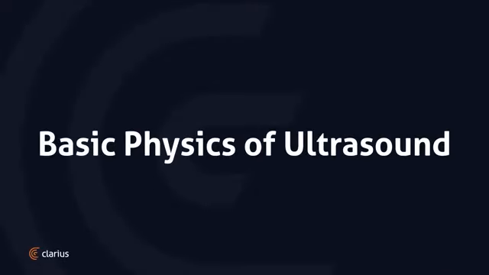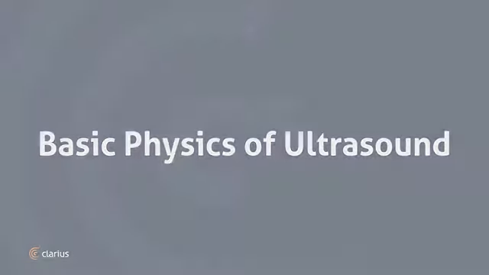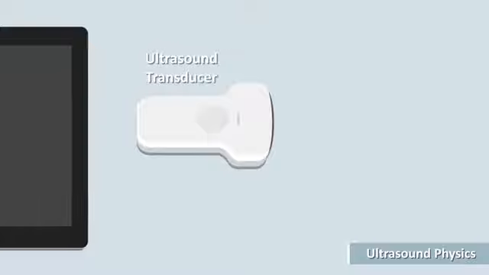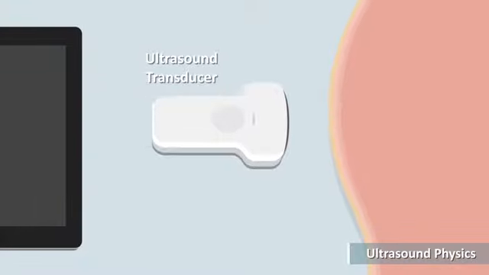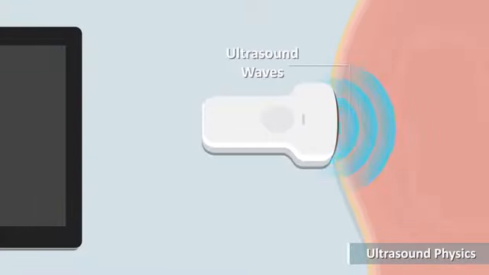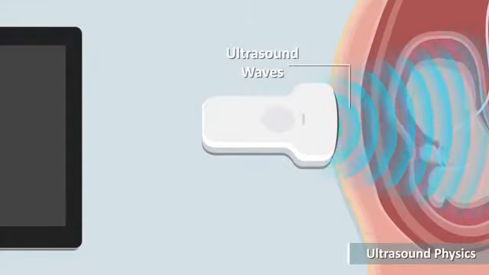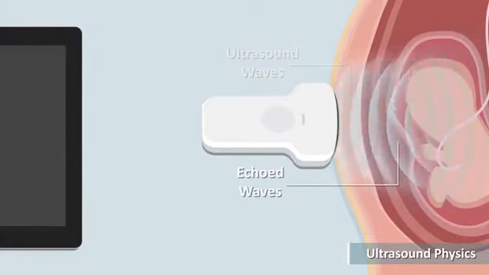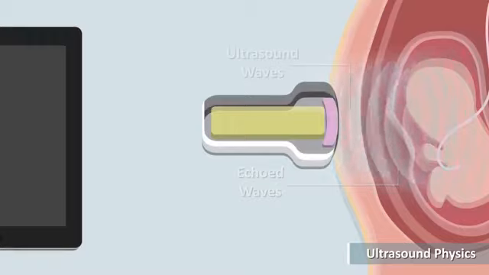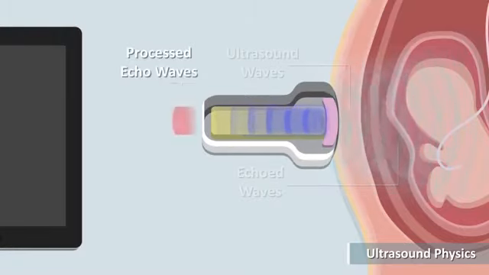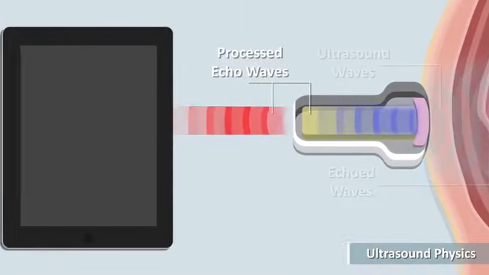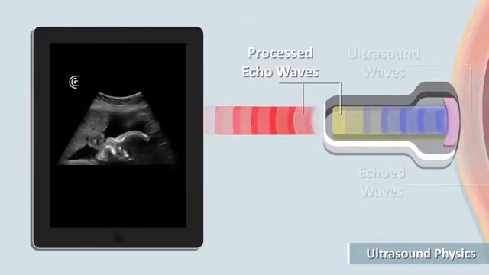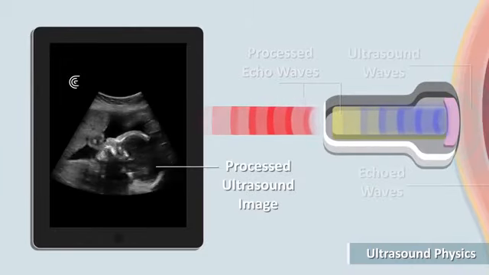To learn how to use ultrasound effectively, it is useful to understand the basic physics and its clinical concepts. Ultrasound imaging systems use a transducer, also called an ultrasound probe, to send sound waves into the patient's body. These sound waves bounce off different tissues within the body and return to the transducer. The returned sound waves, or echoes, are processed by an ultrasound engine to produce a black and white image of